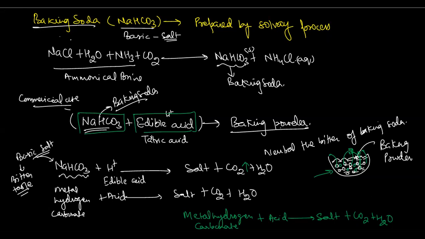Baking soda is sodium hydrogen carbonate. When it is mixed with some edible acid like tartaric acid, it becomes baking powder. So what is the difference between baking soda and baking powder? It is just simple. When we add baking soda, that is sodium hydrogen carbonate, with some edible acid, it